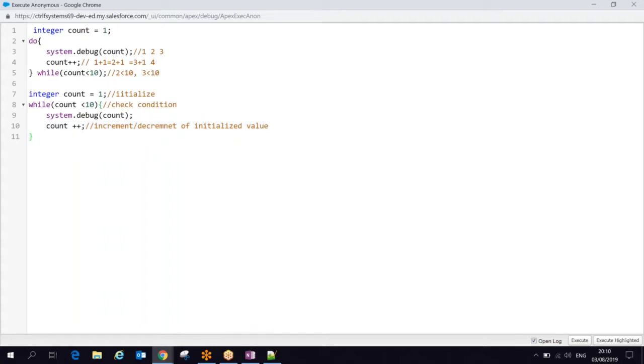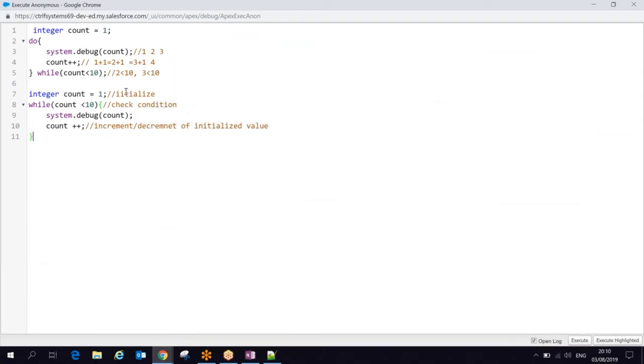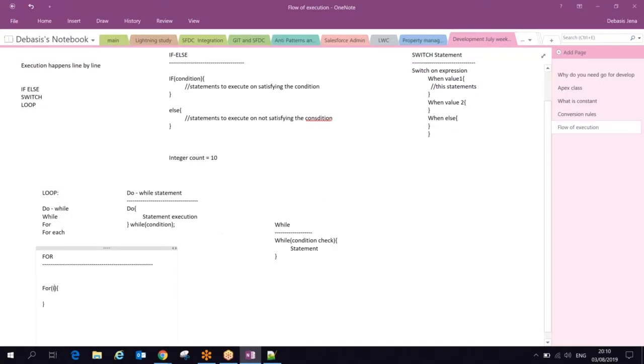If you go to for loop statements, what happens? The syntax we used to write is like this. So, using the for keyword, then all the three activities that you do here, initialize, check condition, or increment or decrement, everything I will write here. So first we will do initialization here.